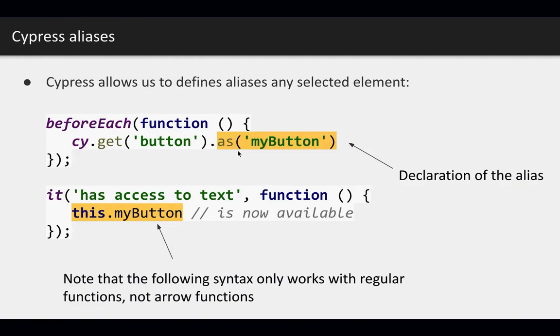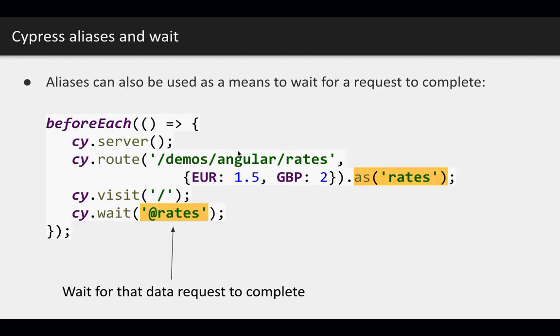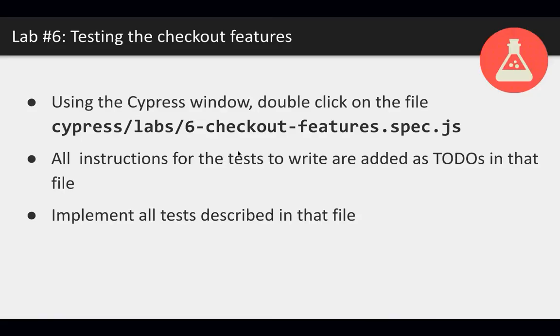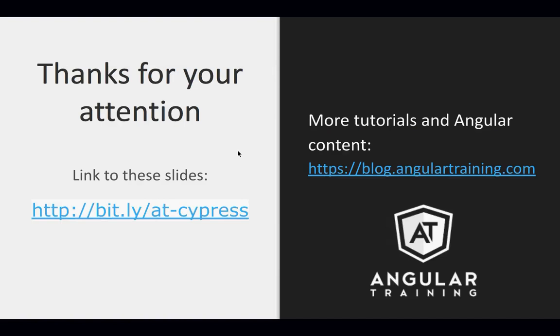Yeah, so the as that you asked about, it creates a variable, an alias that you can use later that way, for instance. So another use case for it is if you have a button that you're going to use all the time in your test, just give it a name, and then you can do this dot my button dot should be visible, or should be clickable, or should display, that kind of thing. Just avoid repeating the selector for that element. Yeah, same idea here. My route to rate, I give it a name and then I wait for it. And that's what I had.